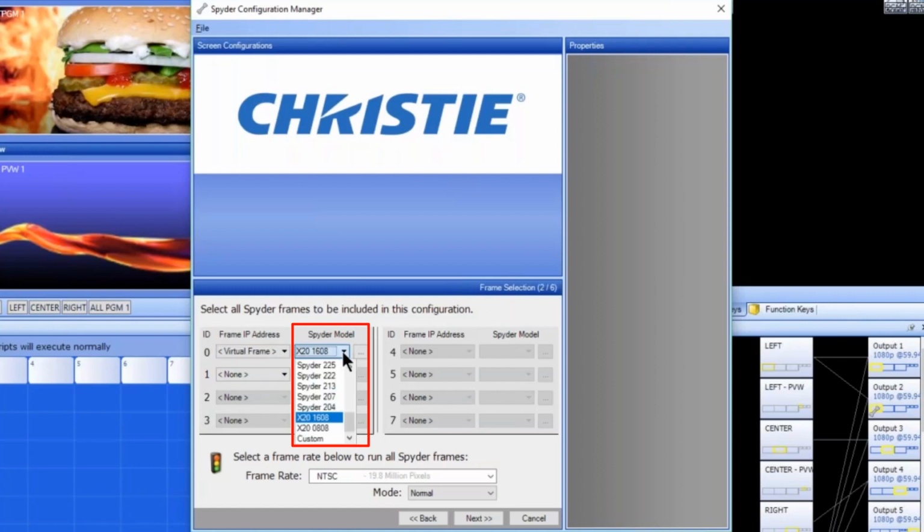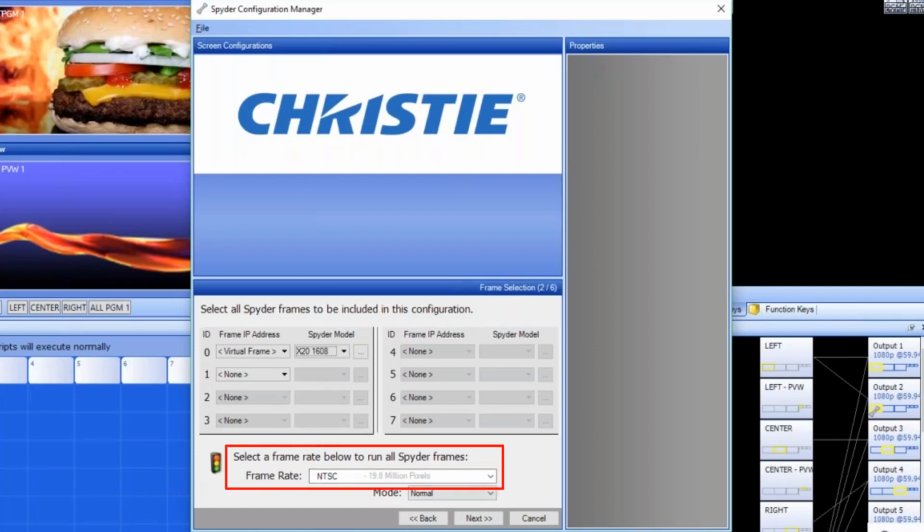and then notice directly to the right, I have a drop-down list for what type of model. Now, if we go down to the bottom here, you'll see X20 1608 versus 0808. If you saw the first webinar, you would get the idea that the difference between a 1608 and an 0808 is the number of inputs, okay? But if I scroll up, you'll see the old 2 and 300 series versions, because this Christie Advanced is compatible with both the X20 and the 2 and 300 series. So let's do this. We'll go ahead and choose a 1608,